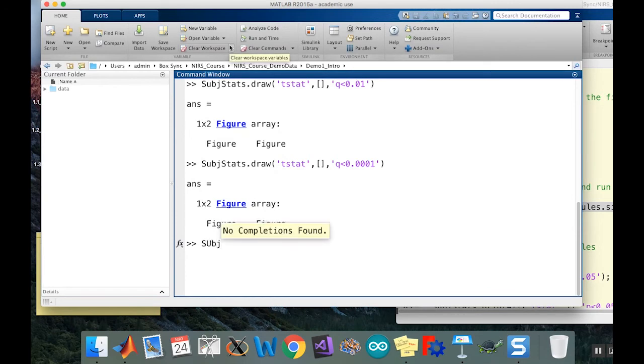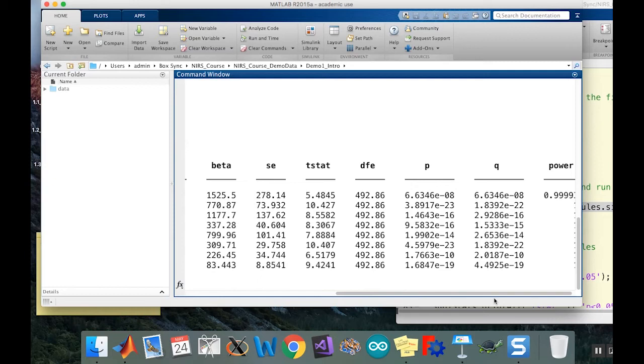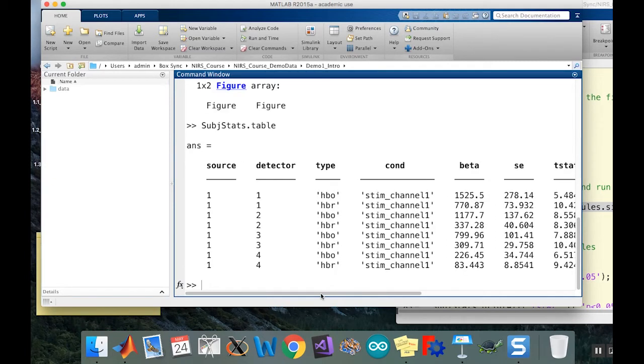Okay, let's find a threshold where not everything is going to survive. Okay, so, oh boy, I have to go out to. Okay, well, you get the point. This is fictitious data. Your data doesn't normally look like that. But if you issue the command,